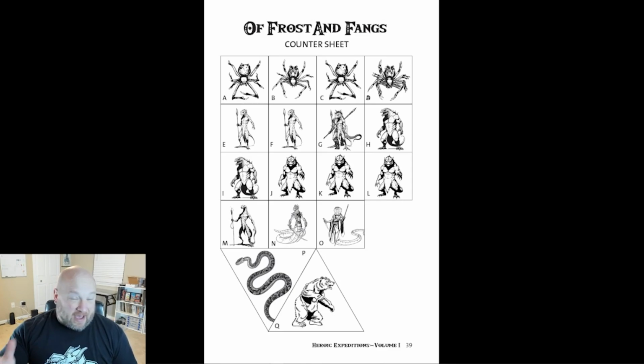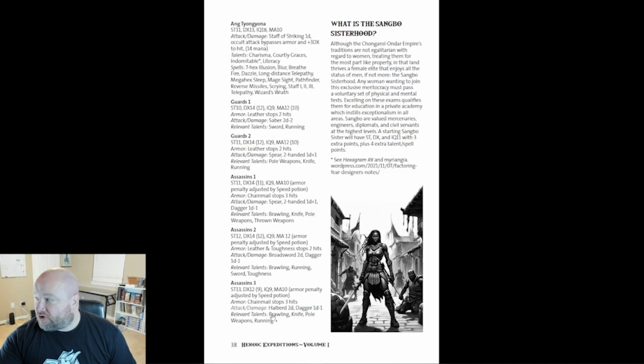And not that you're going to have a shortage of counters if you order the Bestiary anytime soon, because that thing is absolutely packed. But here's some more. This is to the Adventure of Frost and Fangs. That was earlier in this book. So that is pretty much,